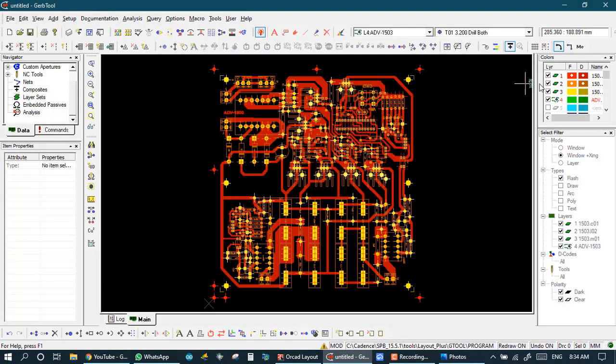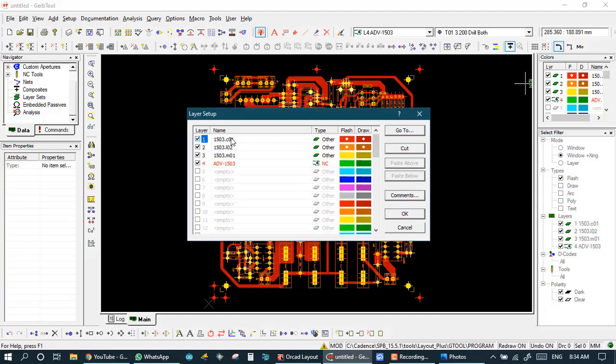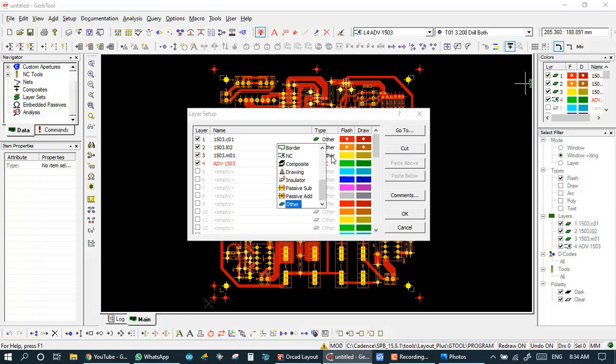So now I have 4 layers, 1, 2, 3 and 4, and the fourth is already defined as the NC layer. So first I define the first 3 layers. For this I press Y for layer setup. This is the copper layer, C1, so it's top layer.